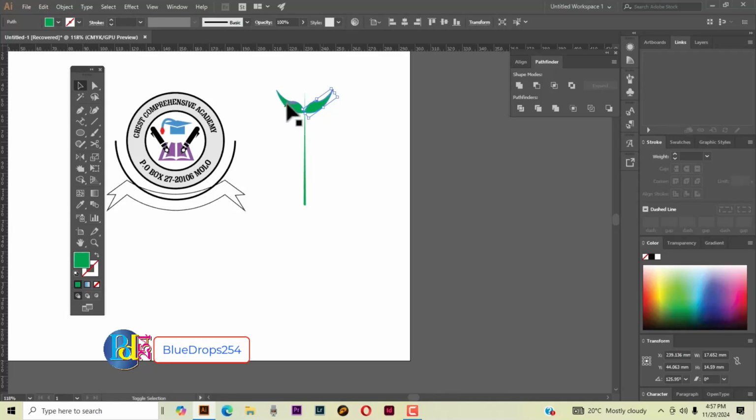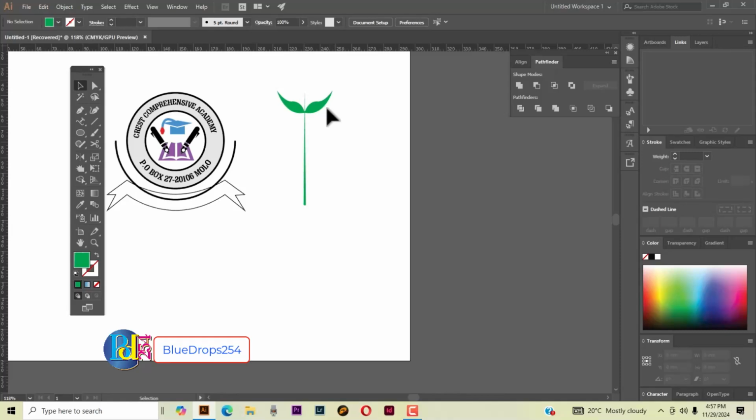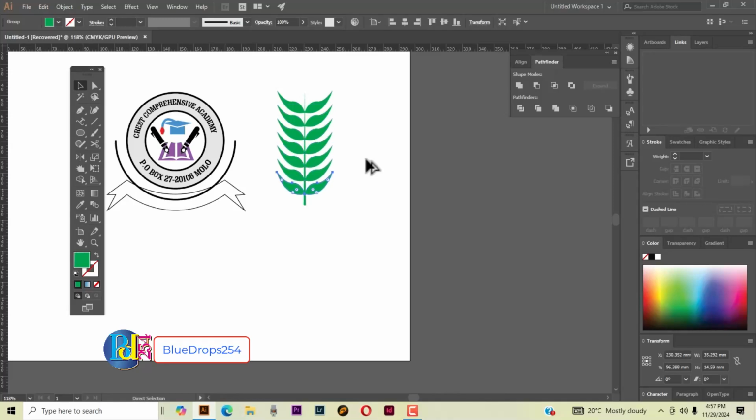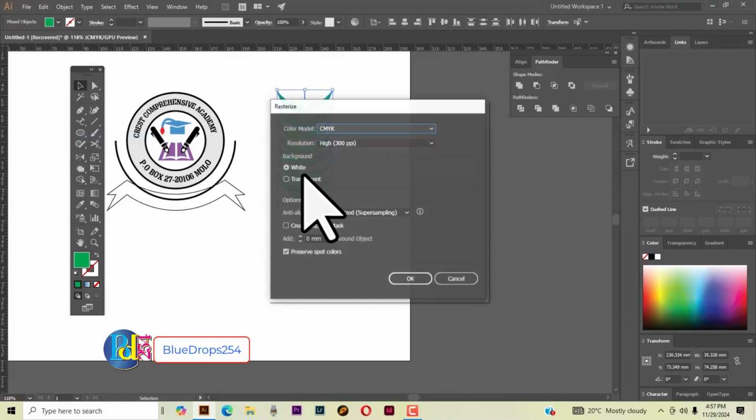Select this one and group. Then selecting that one, press Alt on your keyboard to copy it. Just move it downwards like that. Then Control D to copy it severally. Now select the whole of it, and then click on expand appearance. Then select the object again. Then click on rasterize. Select transparent. Then